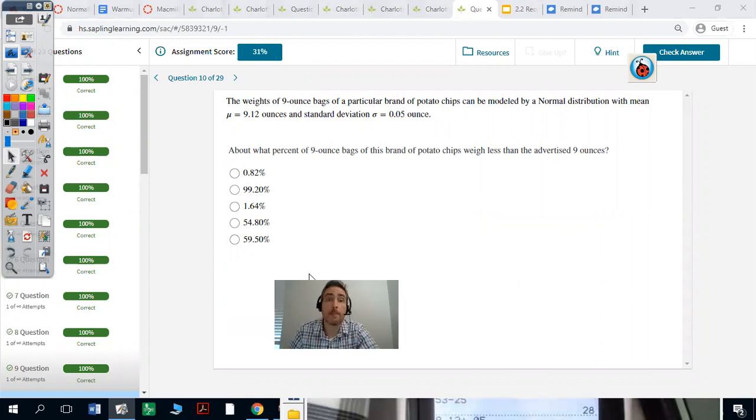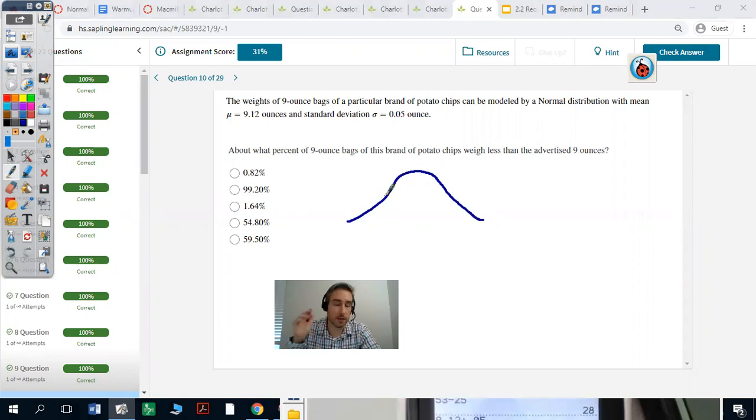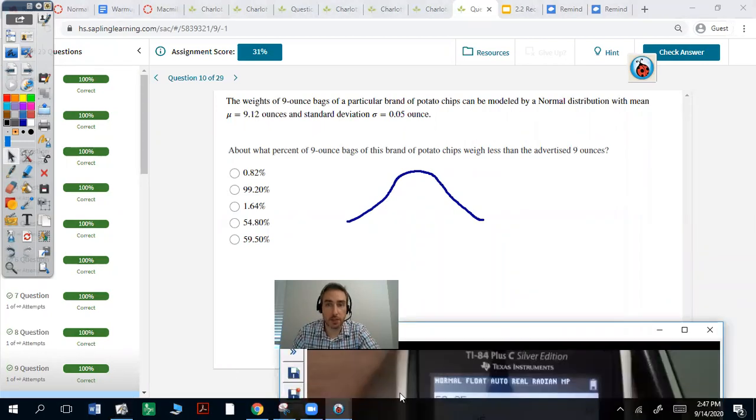The weights in 9-ounce bags of a particular brand of potato chips can be modeled by a normal distribution with a mean. Same scenario. About what percent of 9-ounce bags of these potato chips weigh less than 9 ounces? Now we're starting to get to the non-empirical rule, and honestly, I'm just going to show you on the calculator because this is how you're going to want to do it. You can use the table, but